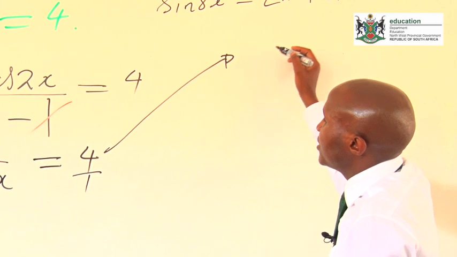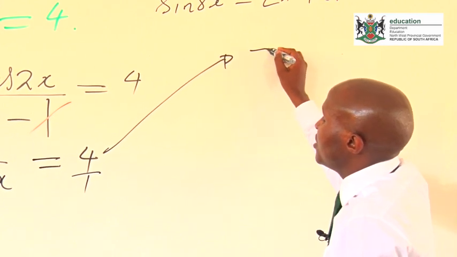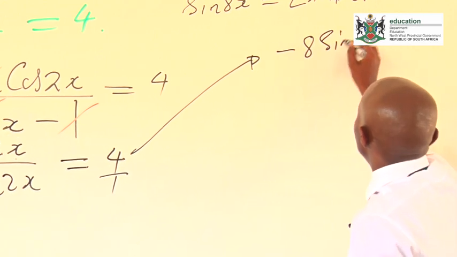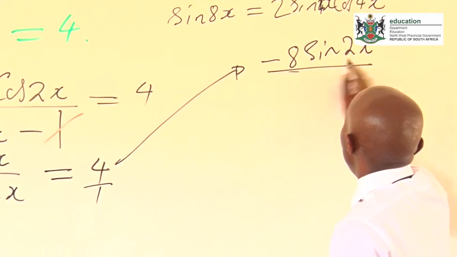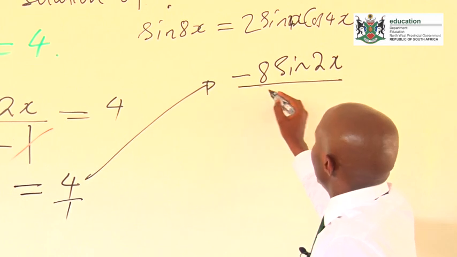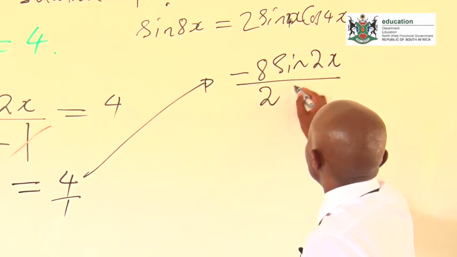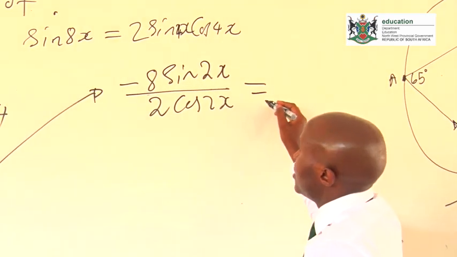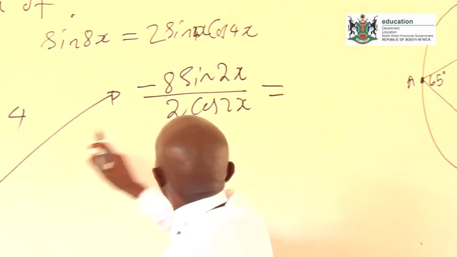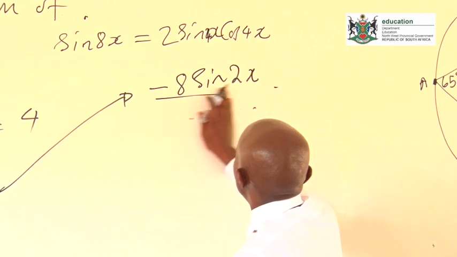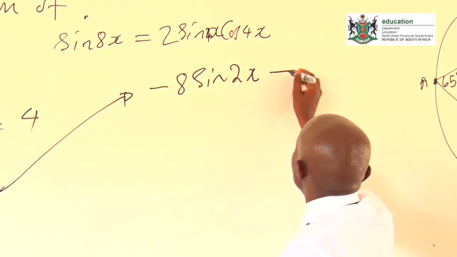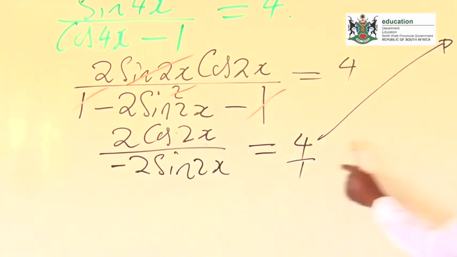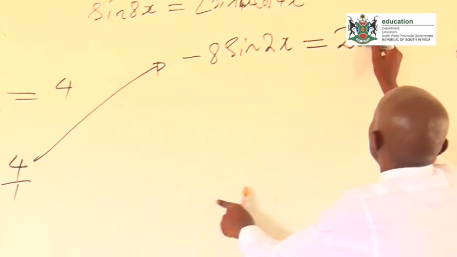I'll be left with negative 8 sine over 2 cos, equal to, remember I got this by multiplying that, then this will give me 2 cos